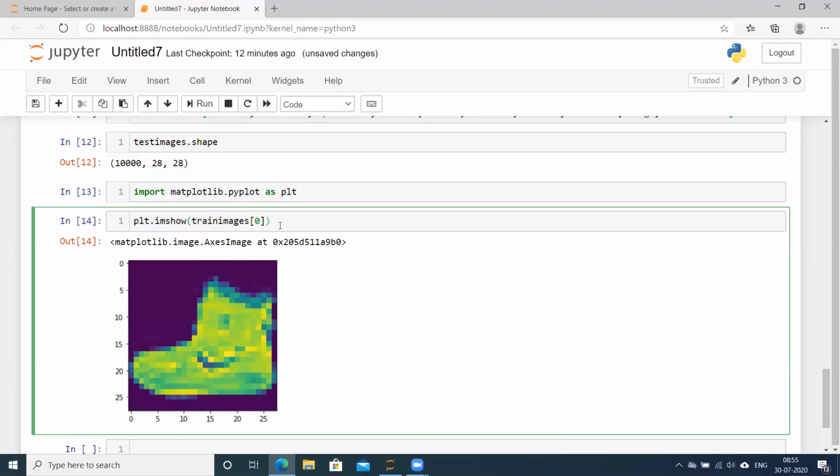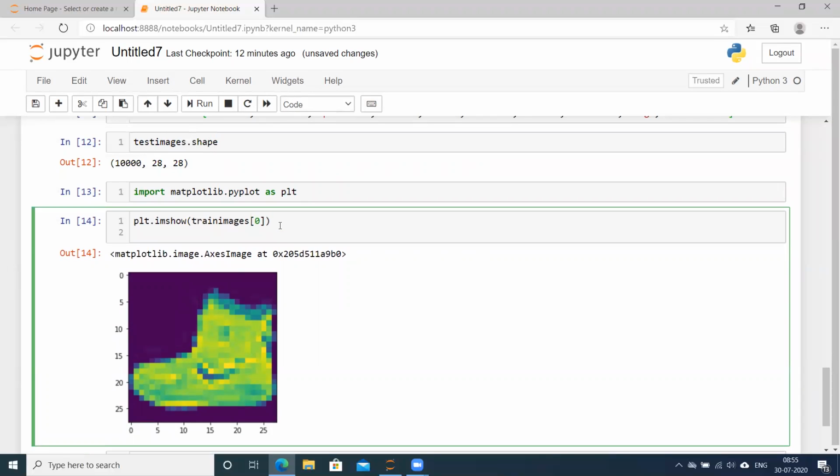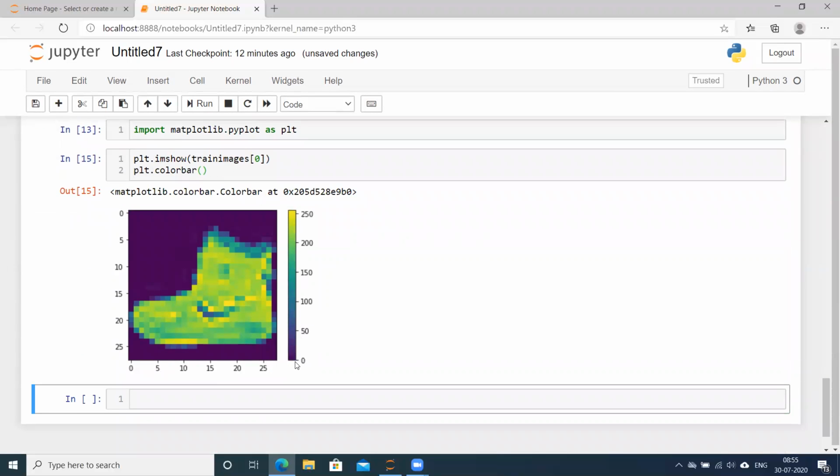So here we can even set the color bar as well, to see how the pixel values are changing. This is in reality a black and white image, but by default matplotlib shows it in a colored way, that is why we are seeing this color. We can set the color bar so that we know exactly what color is showing what value, right? The pixel value is 0 if it is this dark blue, so all these surrounding values are pixel value 0. And this bright yellow is closer to the value 255, right? In between are different colors, and using this color bar you can see how these values are changing.